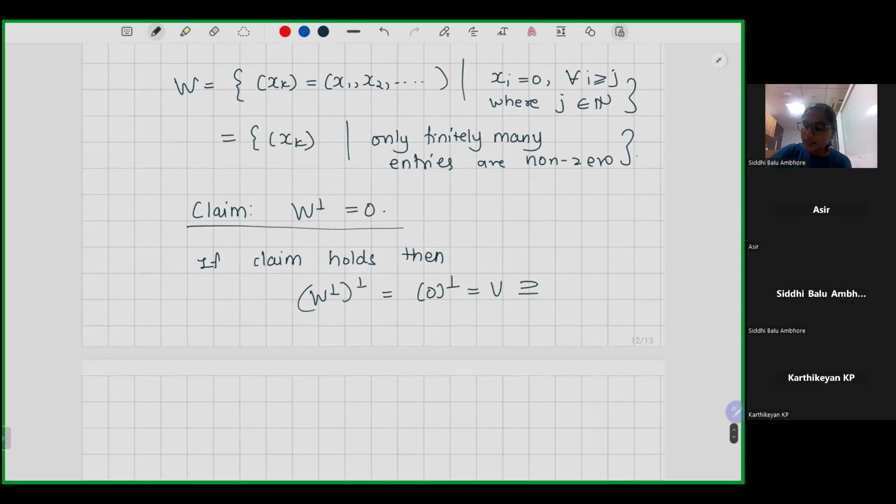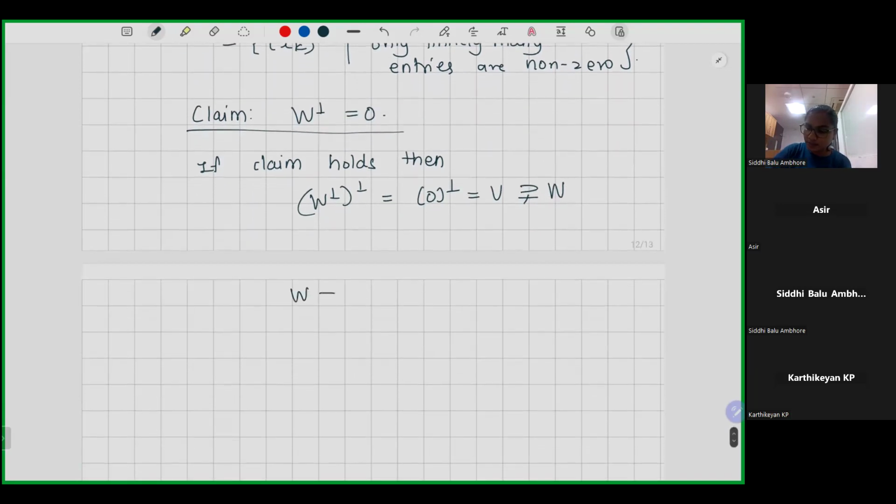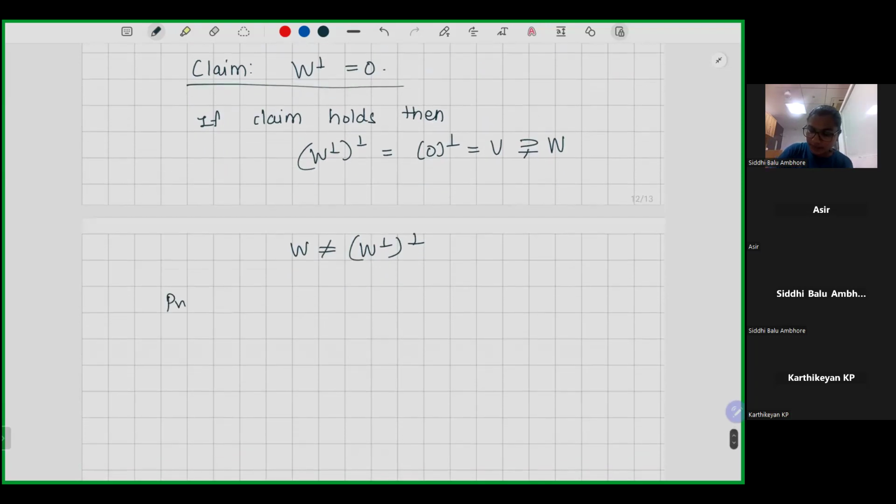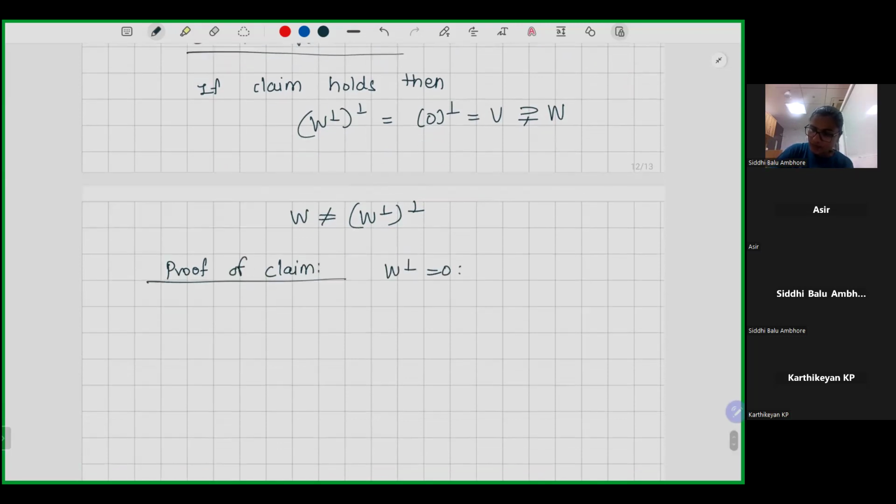But you can say that this is properly contained in W. So here W is not equal to W perp. But now we need to prove this claim. Proof of claim, that is W perp is equal to 0, is,